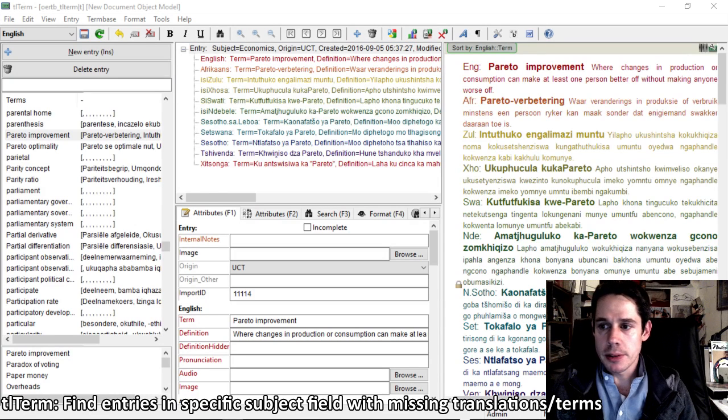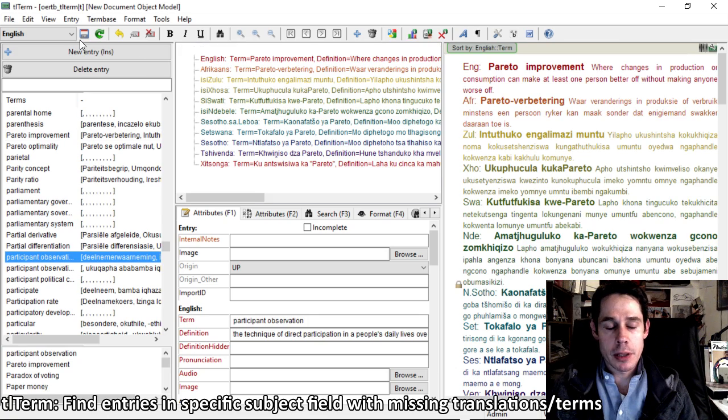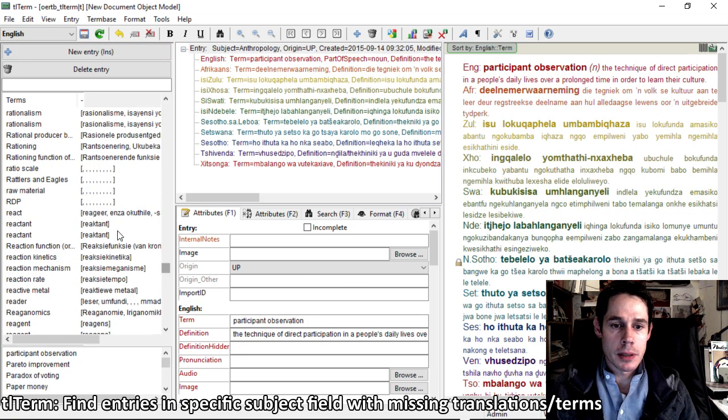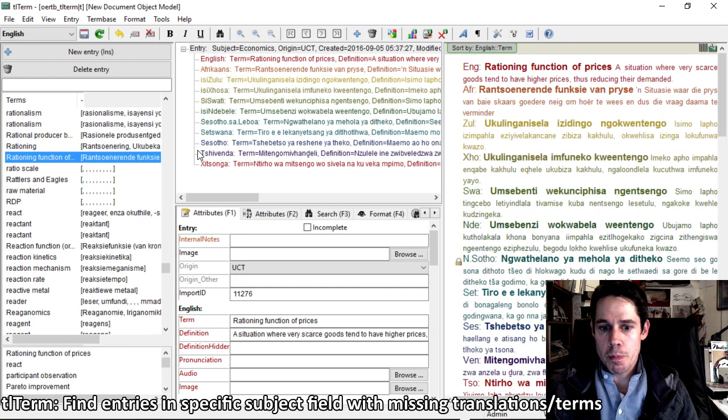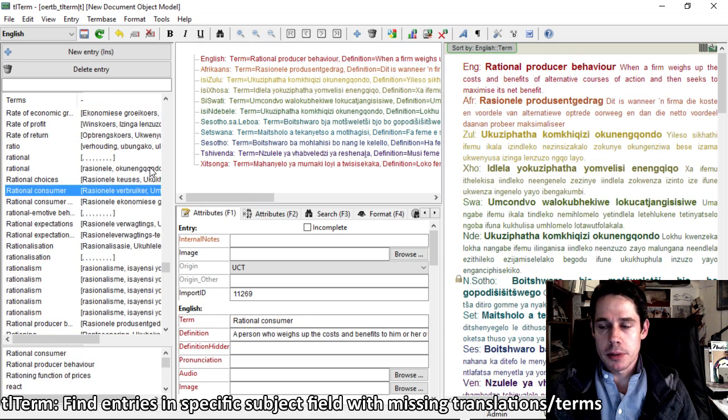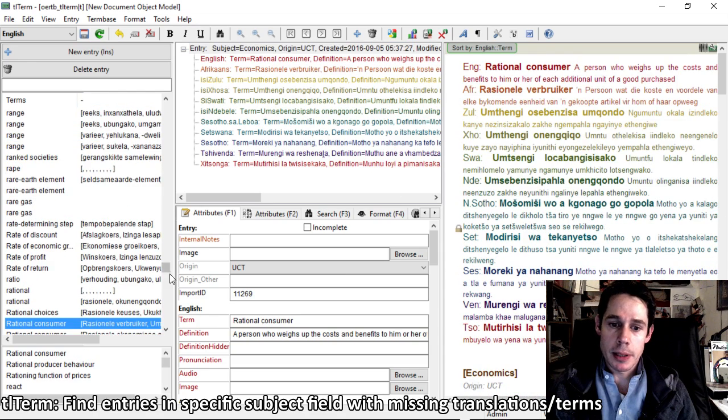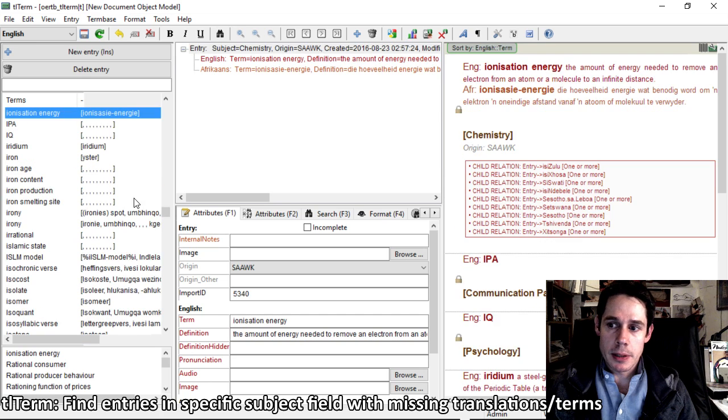To find entries in a specific subject field in tlTerm that don't have terms or translations in a particular language, there are several methods. I'm going to show you one method over here, which is as follows. Firstly, the data we're looking at here is an 11-lingual,